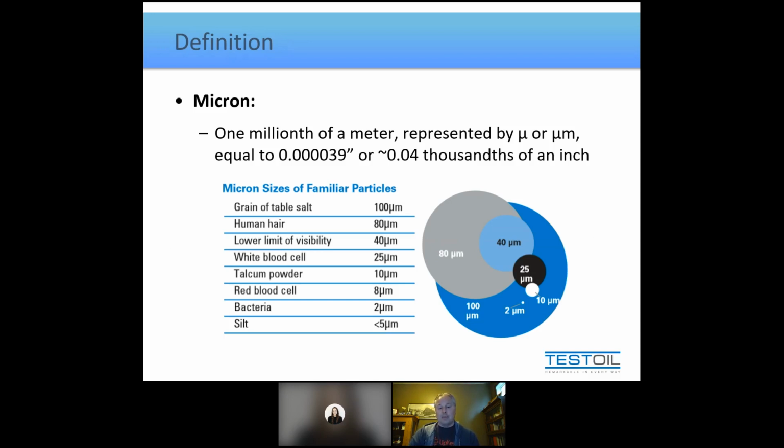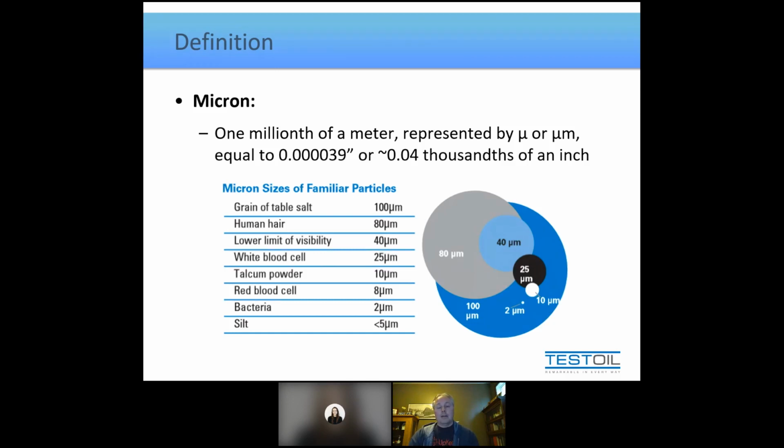To give you perspective on a micron, common examples are the cross-section diameter of hair. Human hair is about 75, 80 microns typically. If you cut that in half and go to 40 microns, that is usually considered to be the lower limit of detection by the unaided, naked eye. A black speck on a white sheet of paper, can you even see the speck? It's got to be about 40 microns.